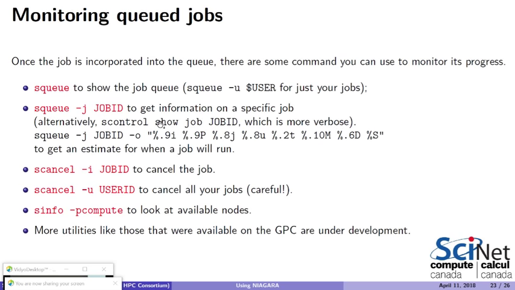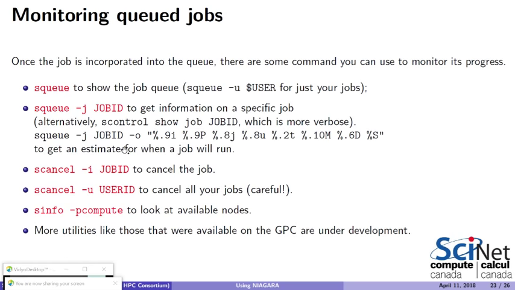Okay, so then a few commands. There are a lot more Slurm commands to monitor your jobs, but squeue is the main one to look at what is queued. If you add -u and your username, you just get your jobs. If you do squeue alone, it becomes a really long list of everybody. It's not very useful, but you get an idea of how busy it is. You can look for a specific job, and then it gives you all kinds of information. If you know how to tweak all of the parameters, you can even get an estimate for when your job might run. This is early days. I have no idea how accurate that estimate is or if it even gives you one, but try it out